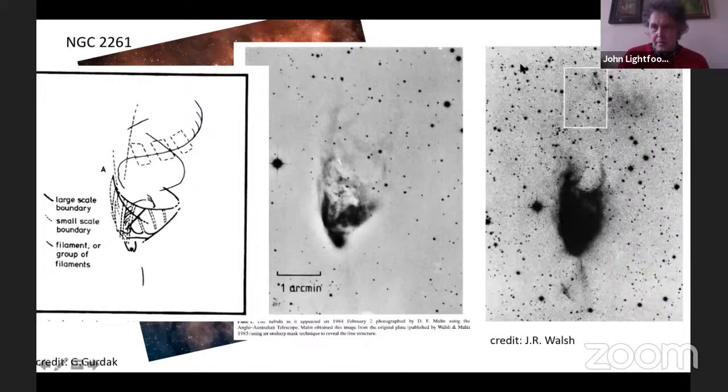And then this is a deep photograph, again at the AAT, which shows the large scale structure of the nebula. The star is down here at the apex of this bright blob. It turns into a tube looking structure, heads up towards this point.